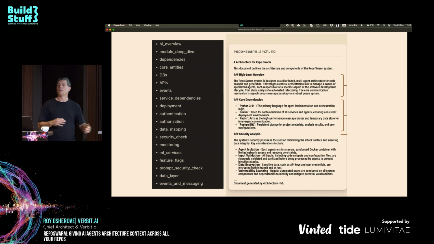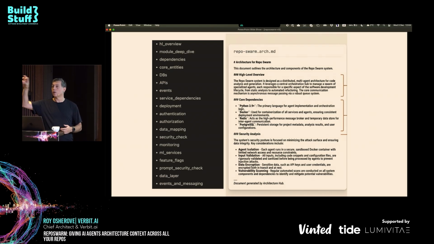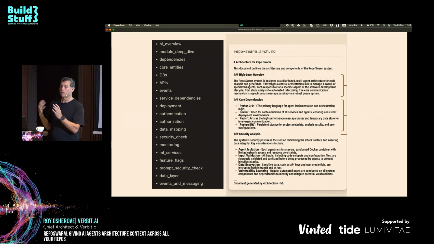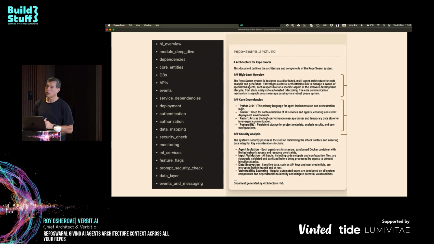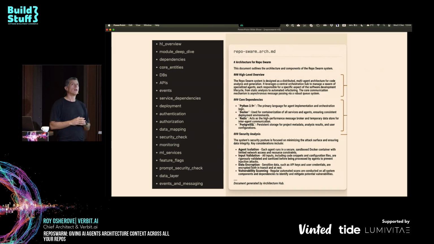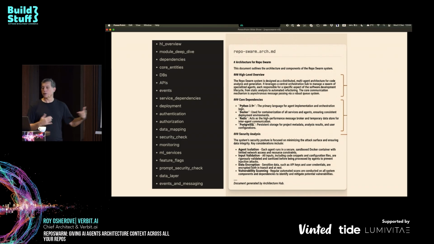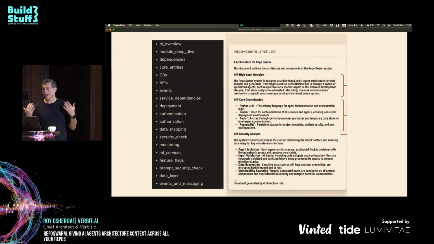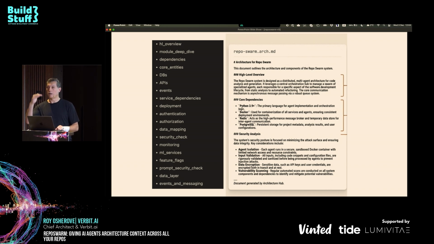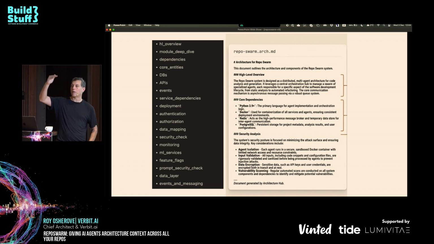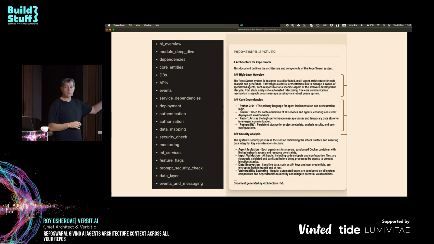Data mapping. We want to see how the data flows, where the data gets saved, what the schemas are. We have research teams and we have BI teams that use the data. We want to document that. We have security checks. Imagine that you have a security expert and we ask it every time: give me the top 10 items on this repository that, if you had to fix tomorrow, fix them, help me plan for that and document them by top priorities. And it might change.